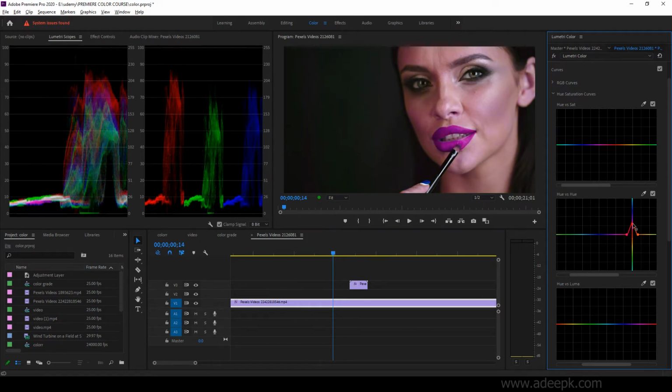What is happening is that it has selected some of the color here. So to narrow it down, you can move these points here. You can narrow the points and move it, so only that portion is selected, that is, her lipstick color only. So you can see that the hue is changing. You can make it a variety of colors.